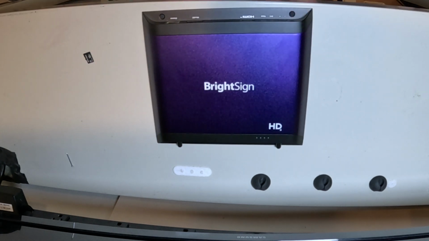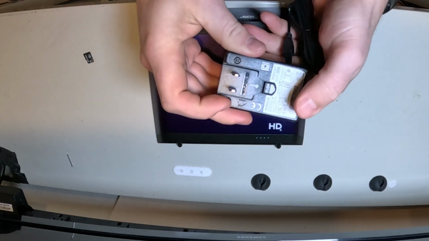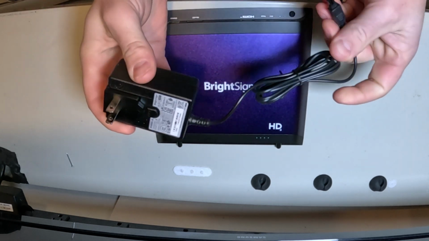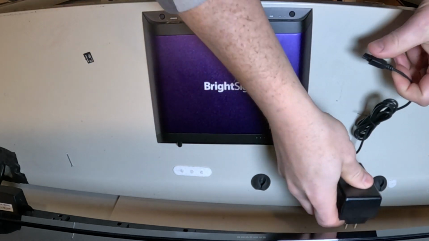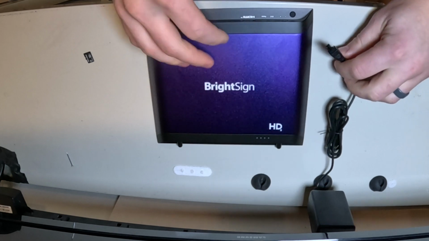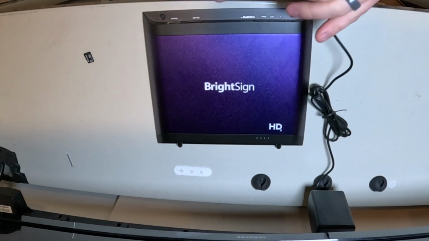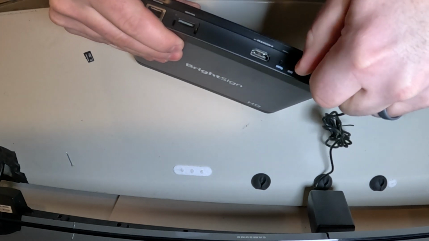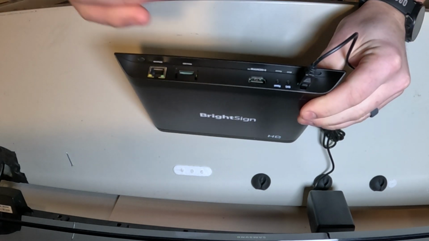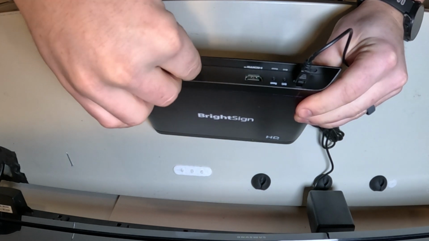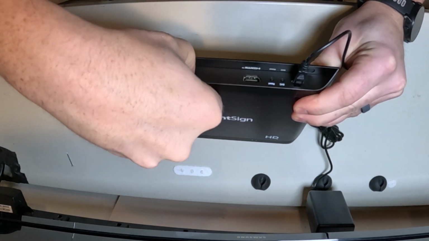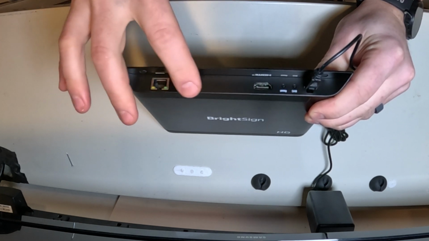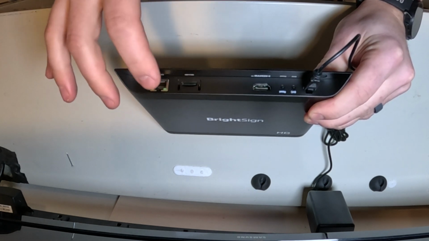So the power cord looks like this. It's got a brick. If you're not in the US, you can swap out the plug, so it's rated for your outlet, and the other end looks like that. We're going to plug that into the power source here, and we'll plug our other end into the BrightSign unit. All right, now we have our micro SD card that will go in the SD card slot. The BrightSign does come with a little rubber protector that you can put on the outside if you want. It does stay in there without it.